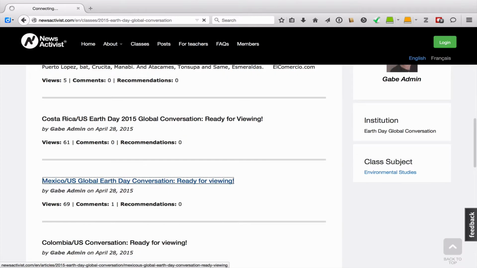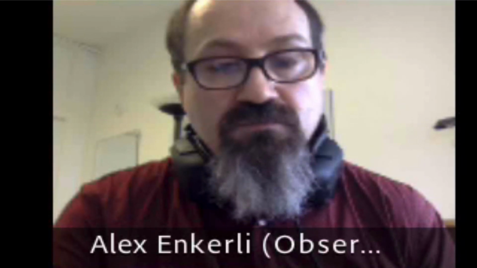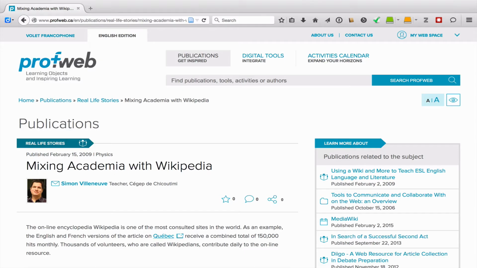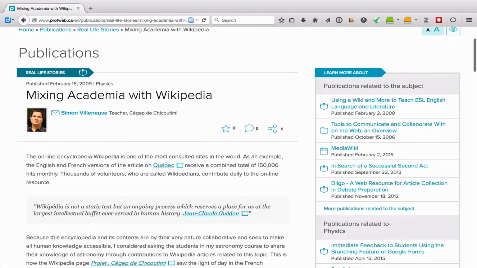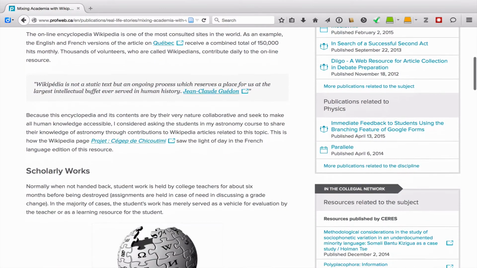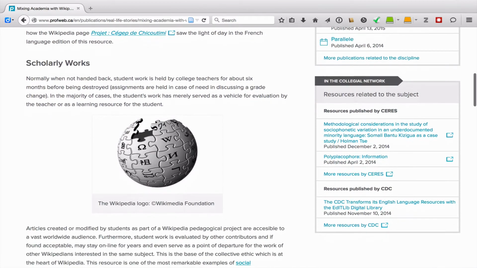There's another project. I saw a student, and I believe it was a science student, so this was in French, who forced his students to use Wikipedia. They all had to interact with Wikipedia as posters and see how long the article could stay up without having someone else actually come in and make changes and edit it in the wiki.